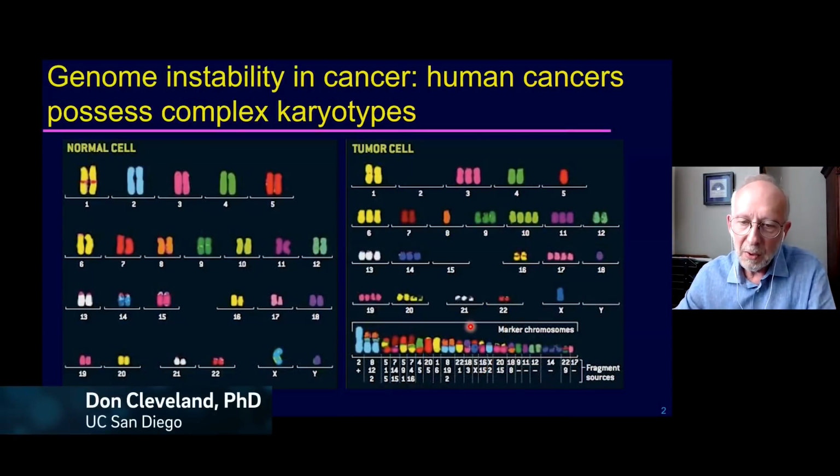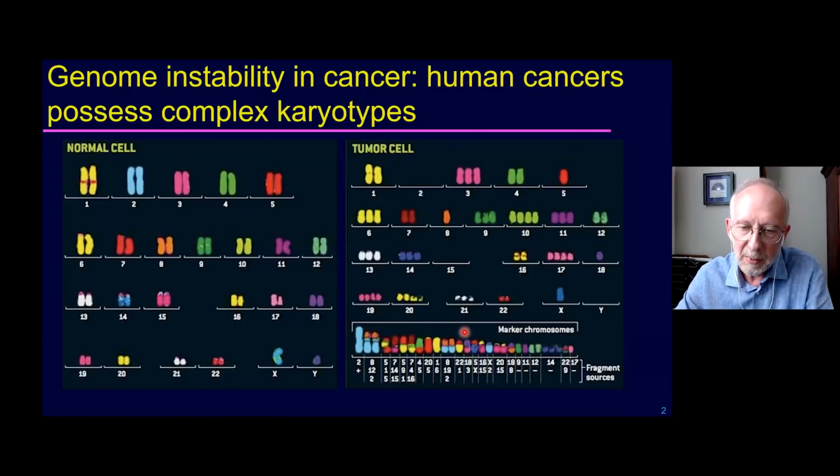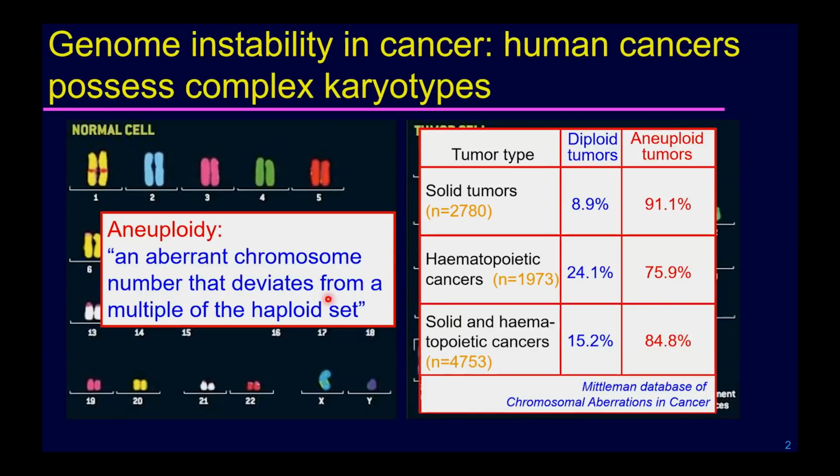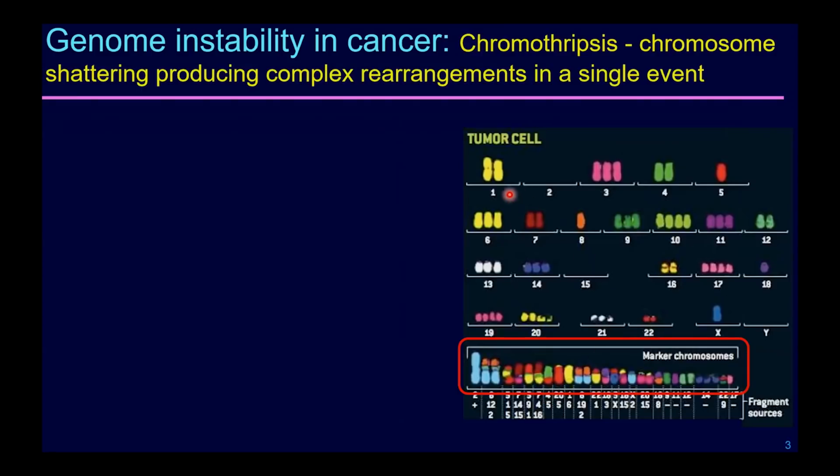What most of you will know, of course, is that while the typical cell is a diploid cell with 2 copies of each chromosome, the cancer genome very frequently is aneuploid, that is, other than a multiple of the haploid set. And indeed, if you look at tumors, especially solid tumors, almost all of them have the wrong number of chromosomes, and even more so,